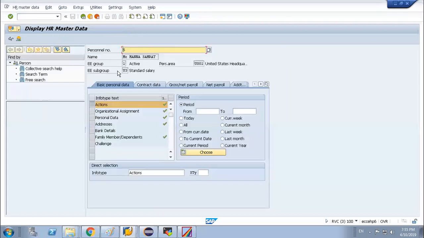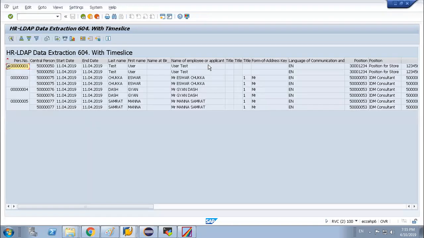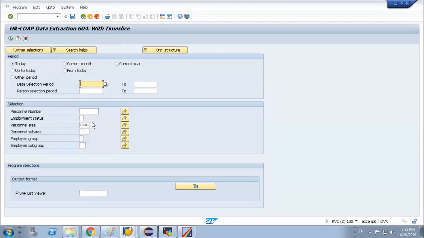If you go back to your PA20 and see, you will see 2 is personal area DE01. So if you put the filter over here, personal area is US01, apart from US01, no data will be moving into the IDM system.